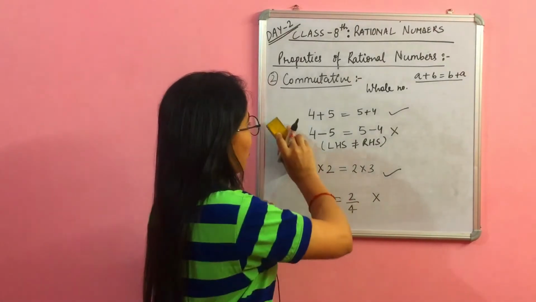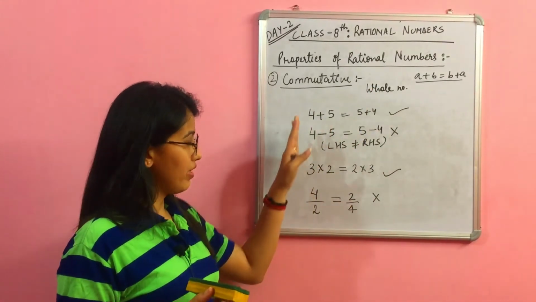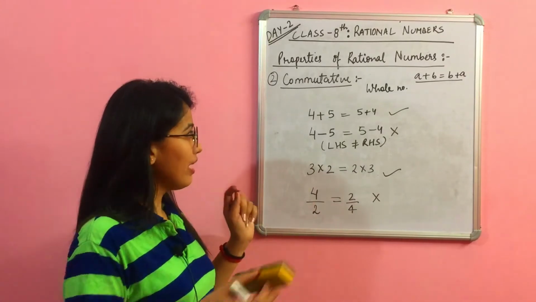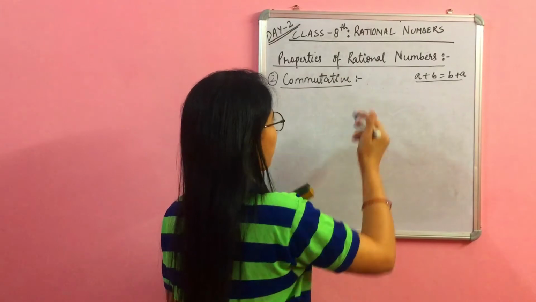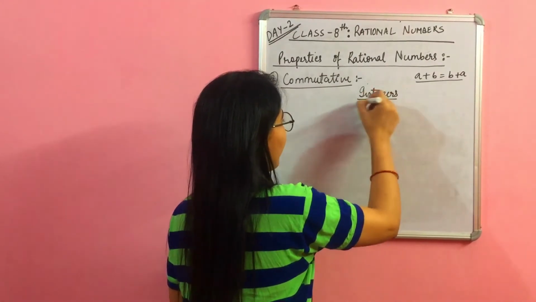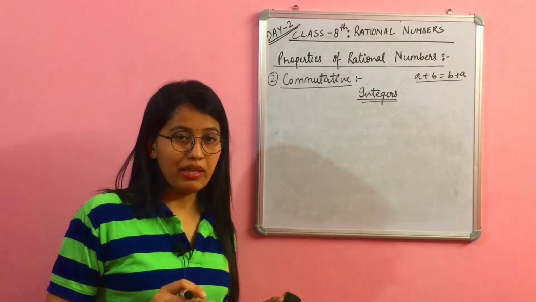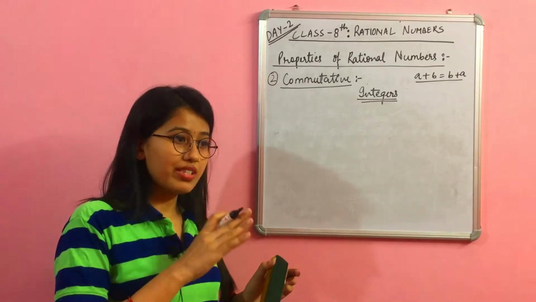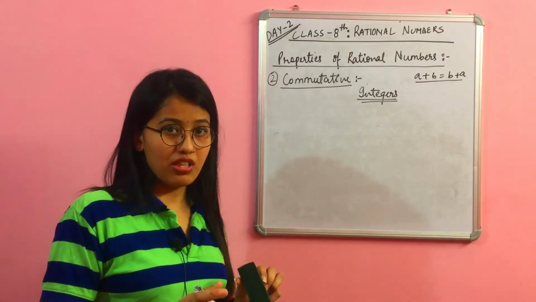Now similarly we can check for the set of natural numbers also. I will not show that. Let us move to integers. See, natural numbers and whole numbers are same approximately. In whole numbers only 0 is included. So the same thing will be in the case of natural numbers as well.